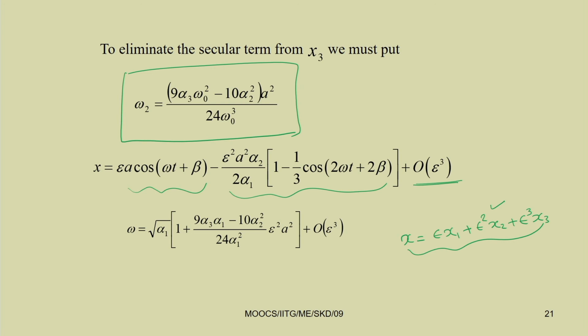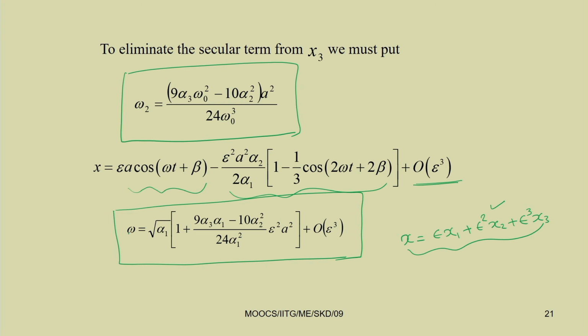Now, for this expression for omega, we have written omega equal to omega 0 plus epsilon omega 1 plus epsilon square omega 2, where omega 1 equal to 0, and we already got the expression for omega 2. So, we can write omega 2 here, and then omega can be written in this form. You just see, unlike in the linear system where the frequency does not depend on the amplitude, here there is a relation between the amplitude A and this omega.